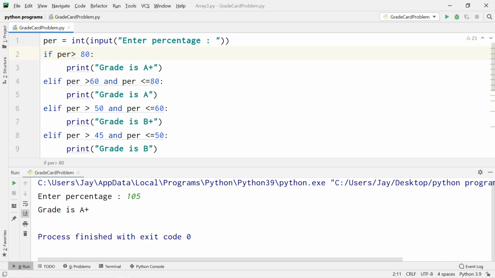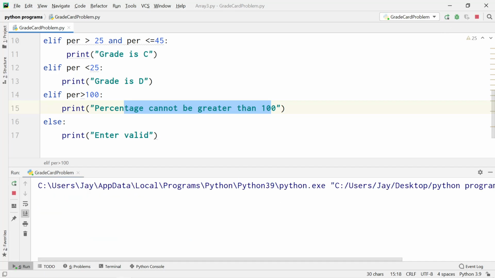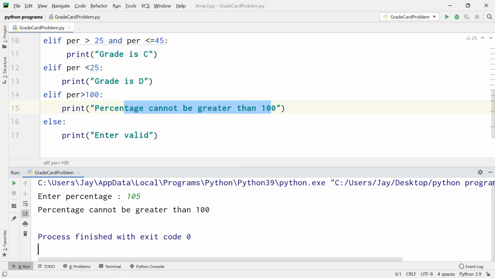If the percentage is greater than 80 and less than 100, you have to print A plus. In all other cases, if percentage is greater than 100, we'll print this message. Let's rerun the code. Now let's write 105 and press enter. Percentage cannot be greater than 100.